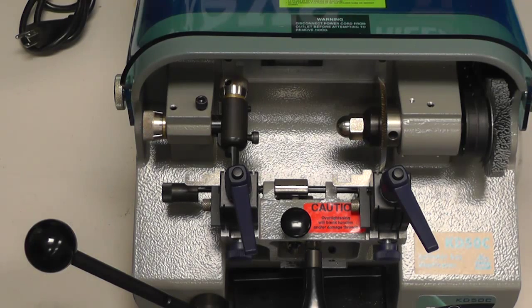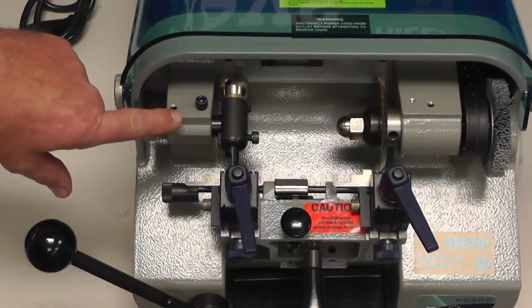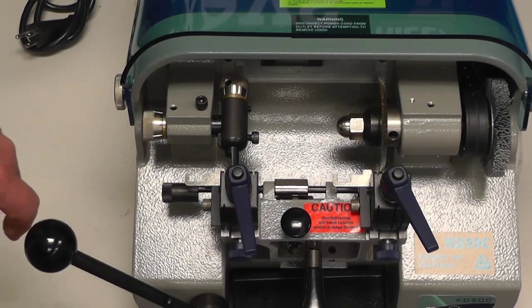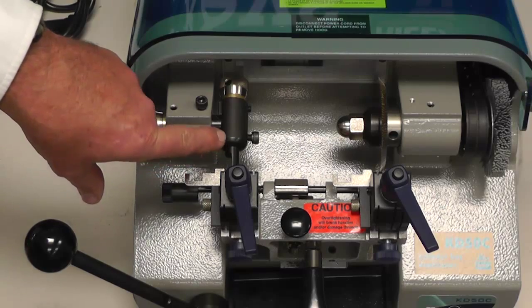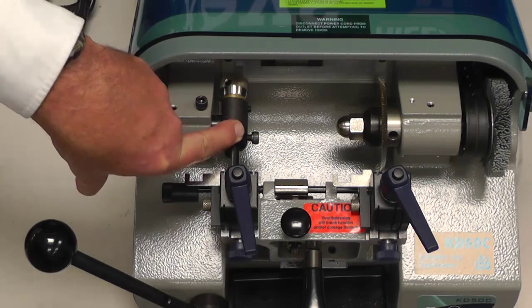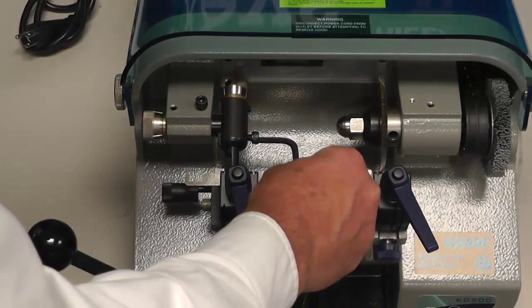Now, if your cutter is not touching because it is a shallow cut, or it's digging in too deep, I will show you how to adjust the depth on a KD50. Tools required, and you always want to remember something: the KD50 is assembled with all metric socket cap screws. You will notice at the key guide tower that there is a socket cap screw on the right side of the key tracer. What you want to do is take your 5mm Allen wrench